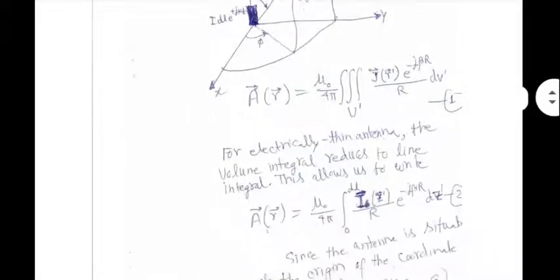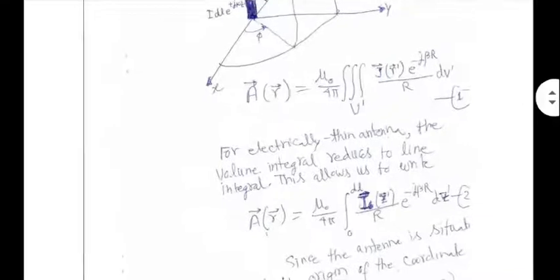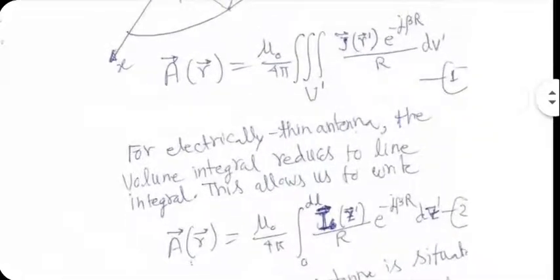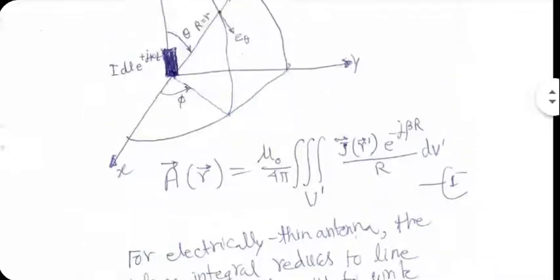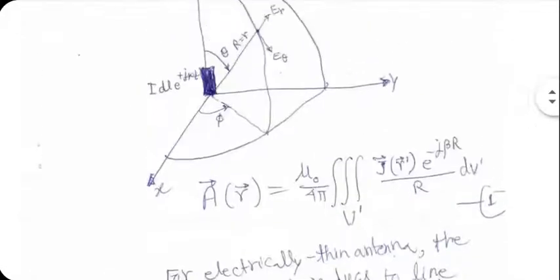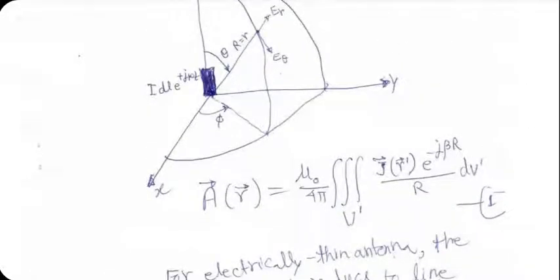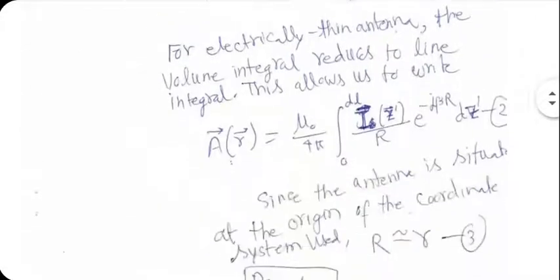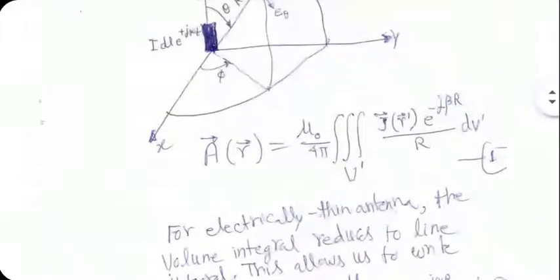I've written it very well. I've tried at least to write it as well as I could. Why does the volume integral simply become a line integral? By the way, whenever you see a prime on the coordinate, it means you're talking about the source. The antenna is the source here. So I'm saying line integral with Z prime. That means I'm talking about the current on the antenna, not the observed behavior of the antenna. So this essentially, and capital R is approximately equal to small r as long as the length of the antenna is not too large.